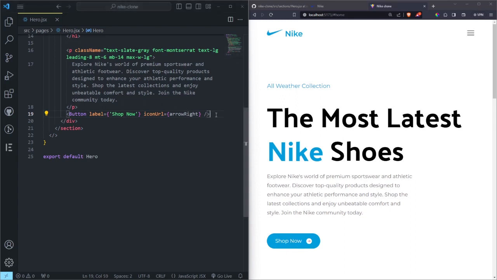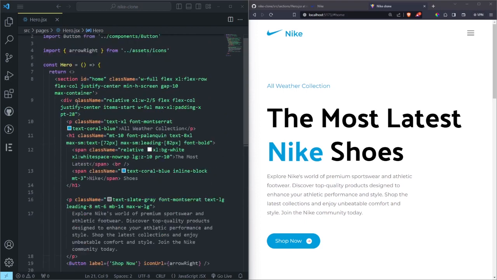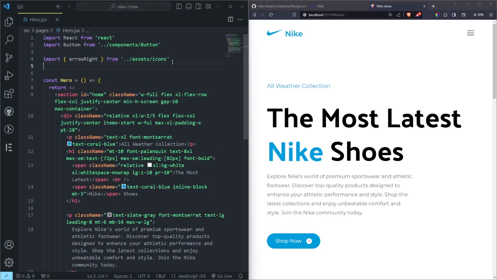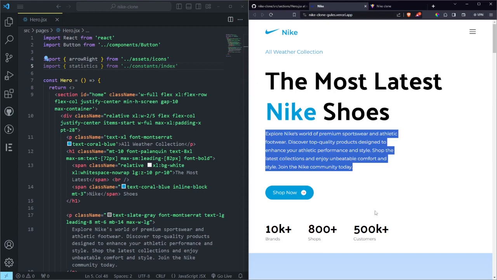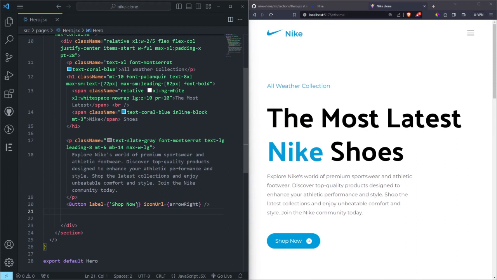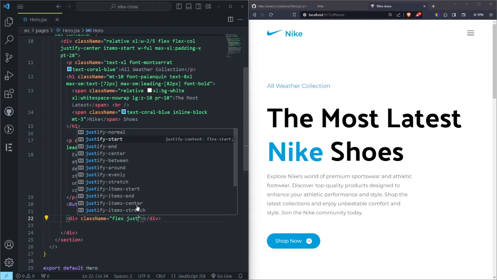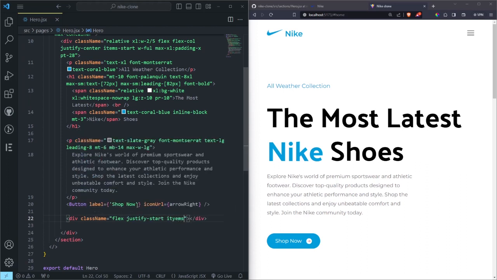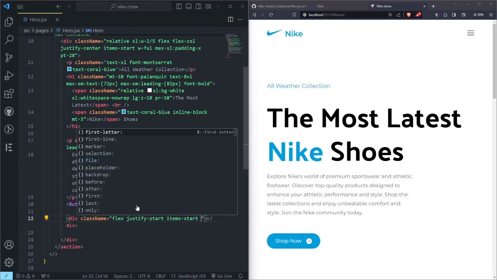So now the next thing is to add the statistics. So first we are going to import the statistics from the constant index page. So let's come here and import our statistics, which the statistics are this. So now we can map our statistics. So we are going to scroll down, and below the button, let's do this. We can add a div, and this div is going to be flex, like that. And then inside this div we can do justify start, and then you can also do items start, flex wrap,